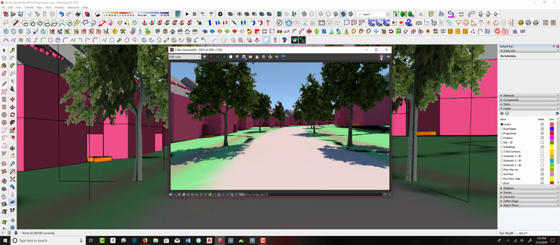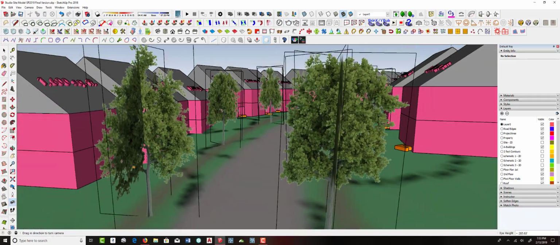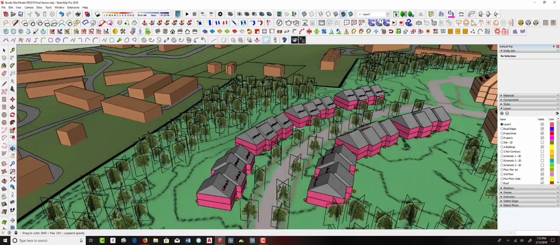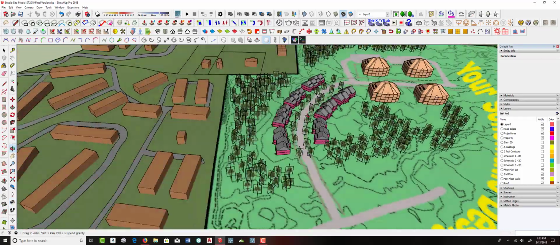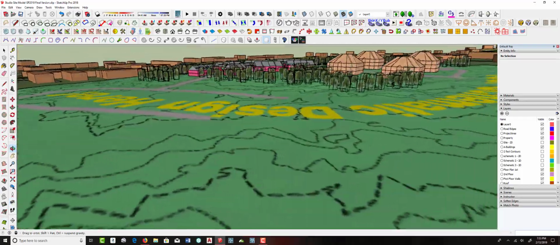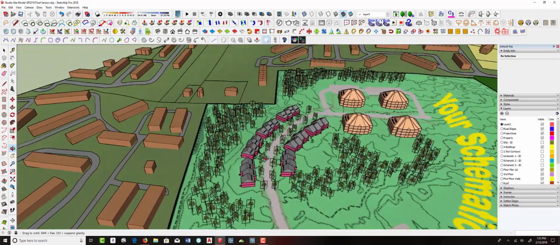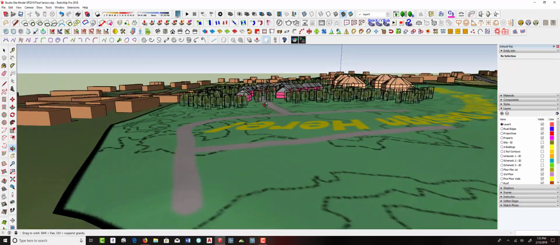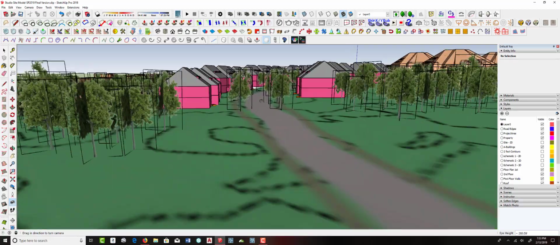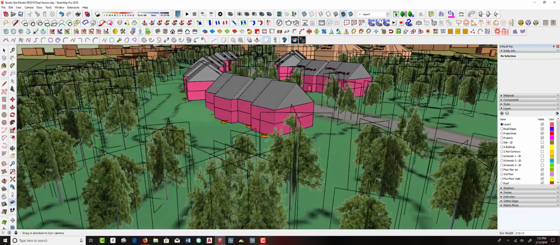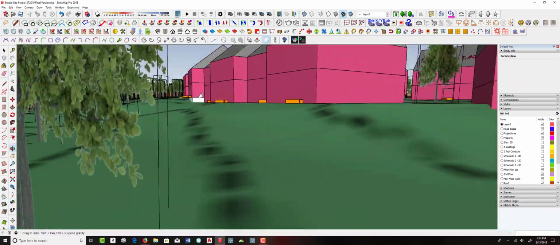But it gives you a really quick way to go in and not just kind of configure your concept for where your buildings are going to go, where your open space is, basic planting masses. It gives you a really quick way to visualize that. And I'll put together a more detailed tutorial that shows you how that works. But I just wanted you to understand how basically the